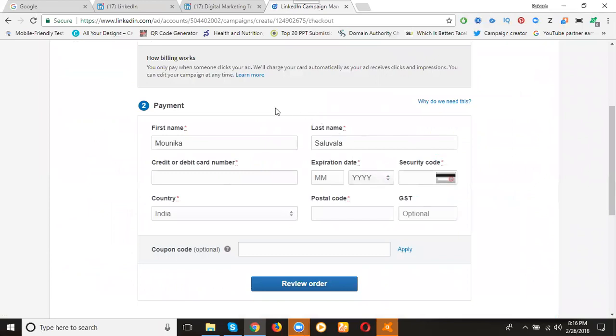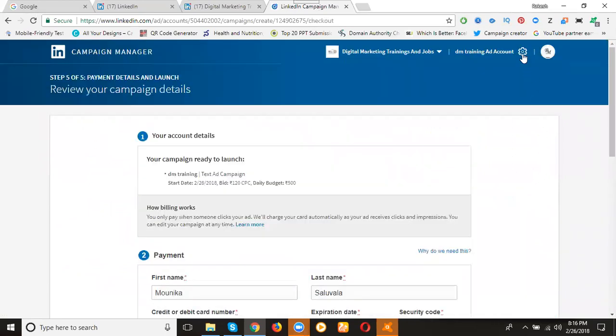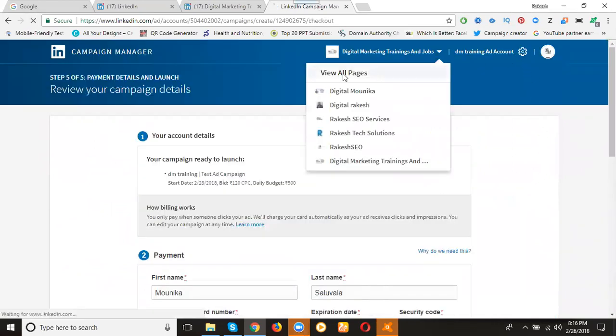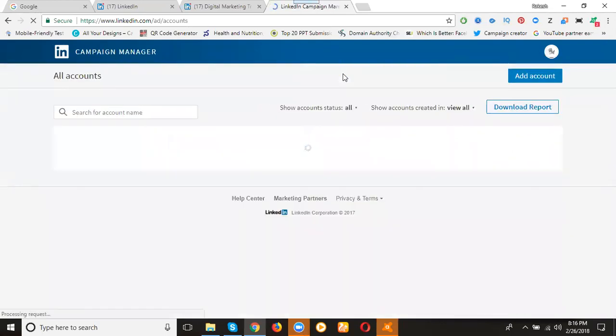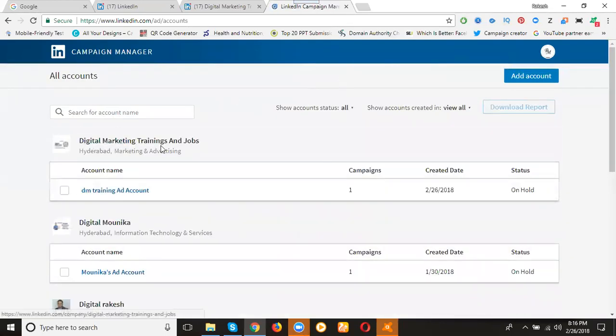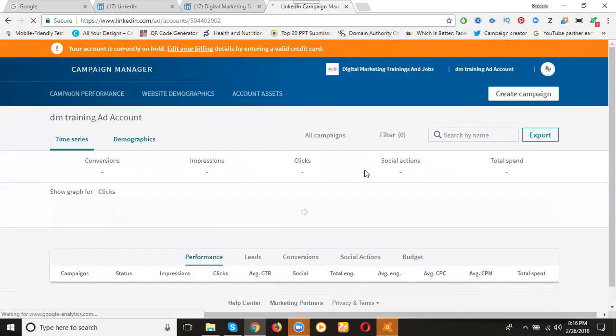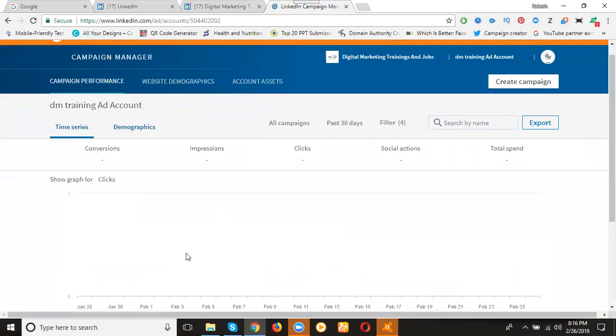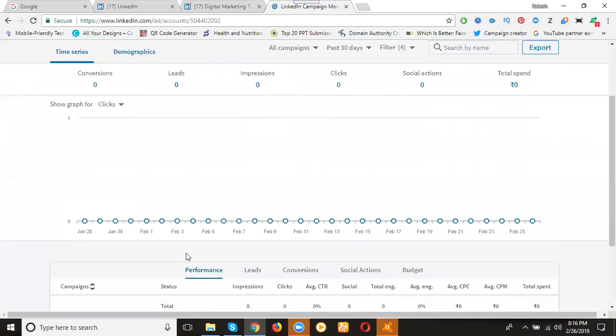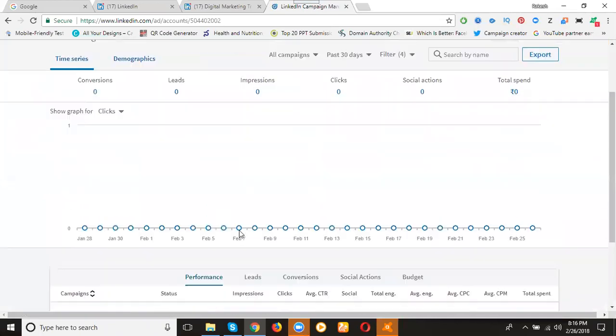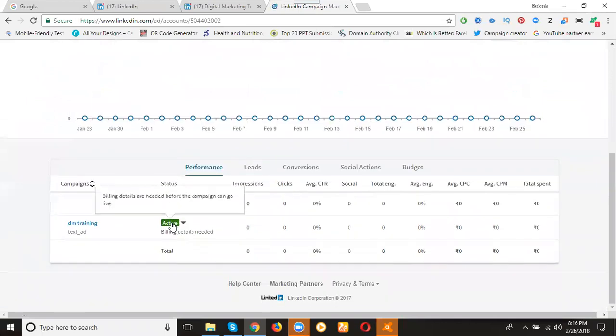They add my card details along with the name. So click review order. If you don't go to review, go to all pages and check whether it is active or not. The name is Digital marketing, training and jobs. Now select the customer training account. They show them one by one, active or not.